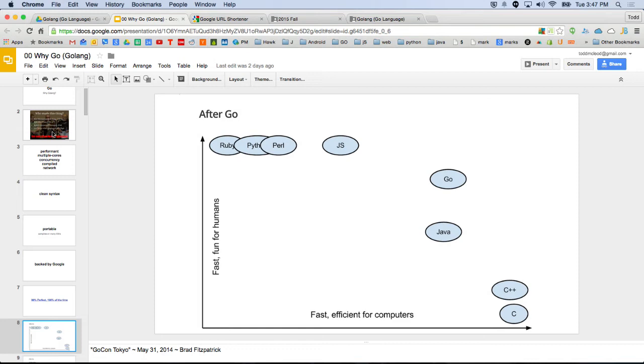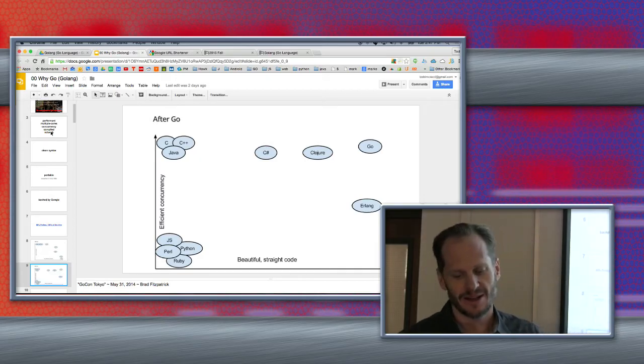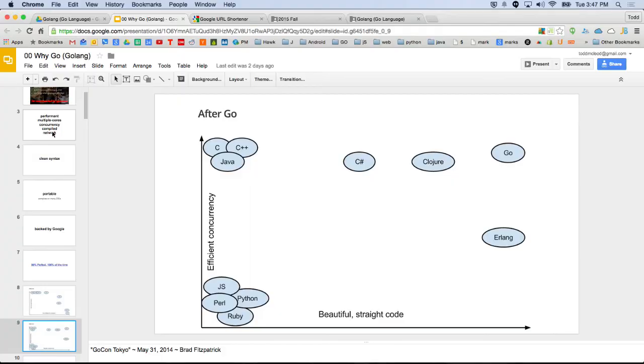Out here, C is super fast for computers, but it's not so fast and fun for humans. And Go is kind of like this happy land right between all of that, which I think is pretty cool. I think this is probably a subjective graph. I don't know what kind of data they would have based it on. And then also, here's concurrency. Hey, these are really good for concurrency.